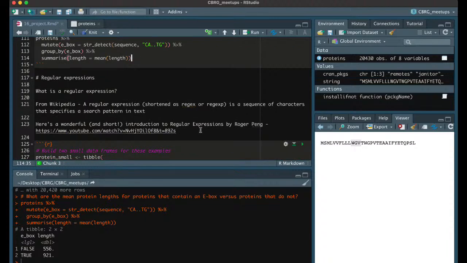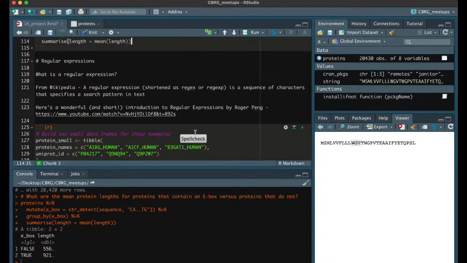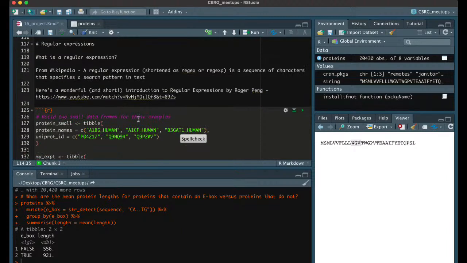And regular expressions are independent of R. You can use them in Python, Bash, whatever language. And so there's a really nice and brief, it's like a 30-minute introduction to regular expressions by Roger Peng. And that is about regular expressions just as an independent concept. So before we get on to some examples of some simple regular expressions, for